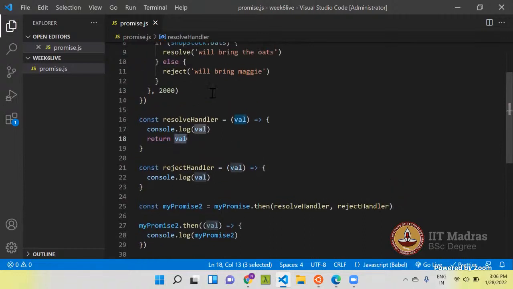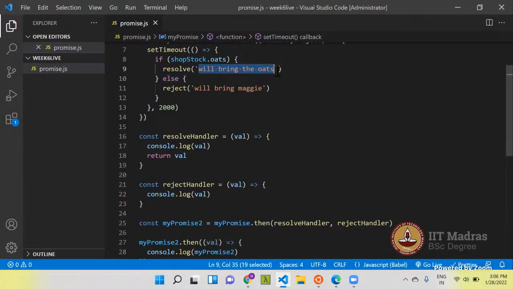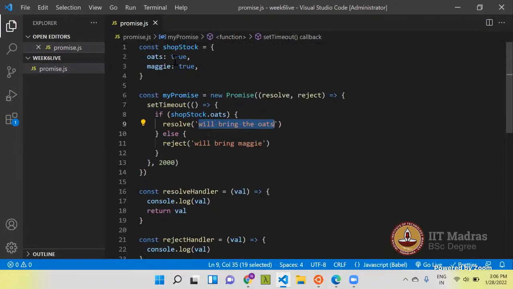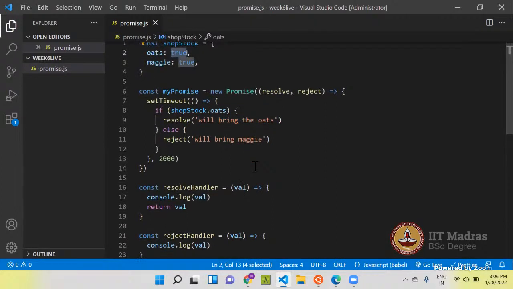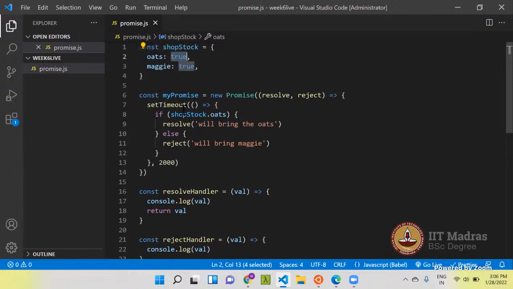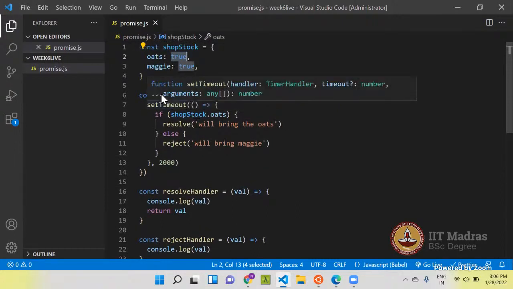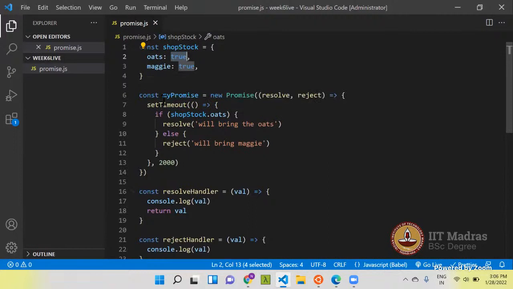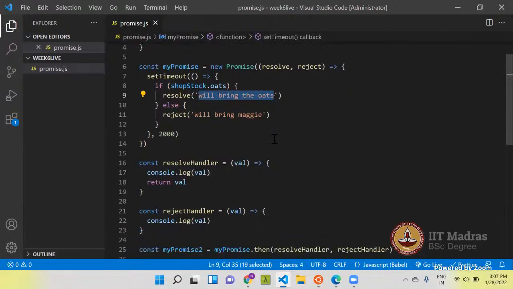This value is "will bring the votes", because the votes is true. So the control goes like this. Initially, if you see the initial promise, if the property value of votes is true, then it will return "will bring the votes".